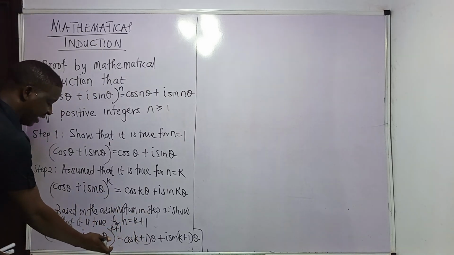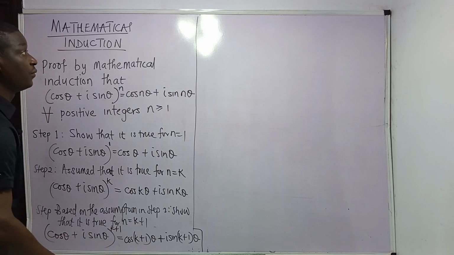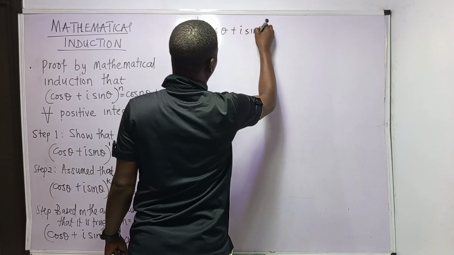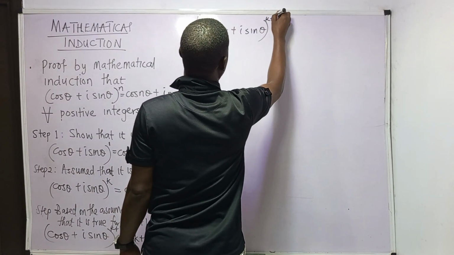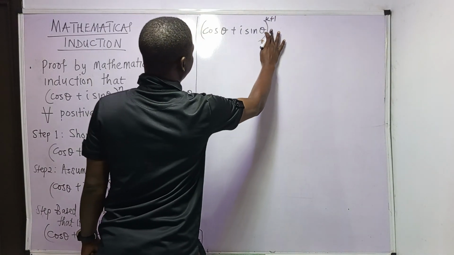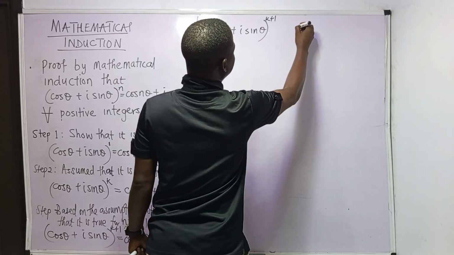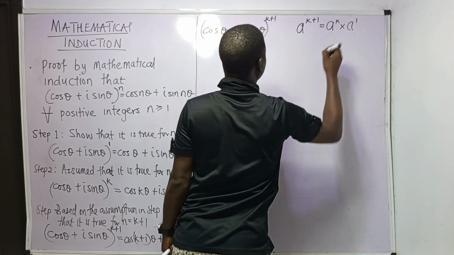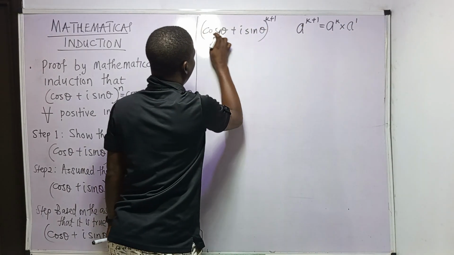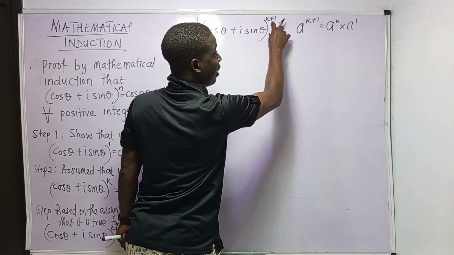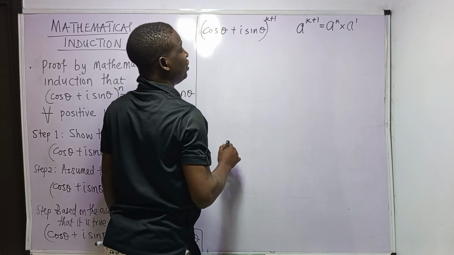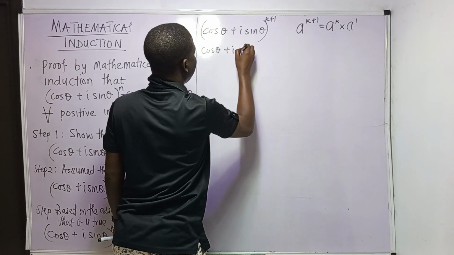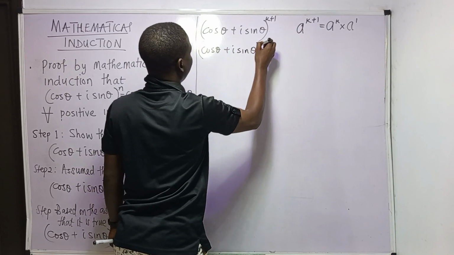First of all, we'll pick the left hand side. In this kind of solution, pick the left hand side, which is (cos theta plus i sin theta) all raised to the power k plus 1. And if you remember vividly, this is like indices, where a raised to k plus 1 is the same as a raised to k times a raised to 1. So what is the a there? A is the base and this is the power. So we are going to apply it now: (cos theta plus i sin theta) all raised to k